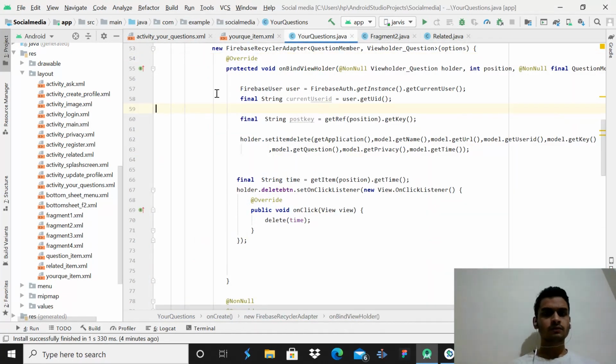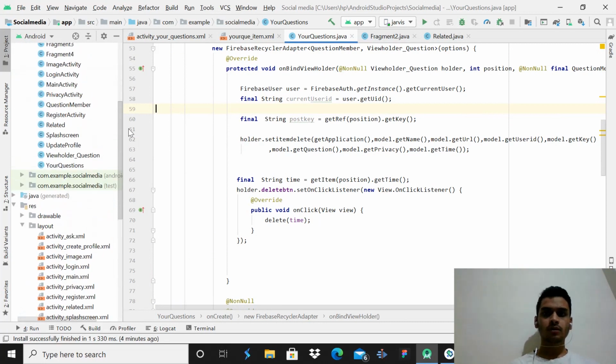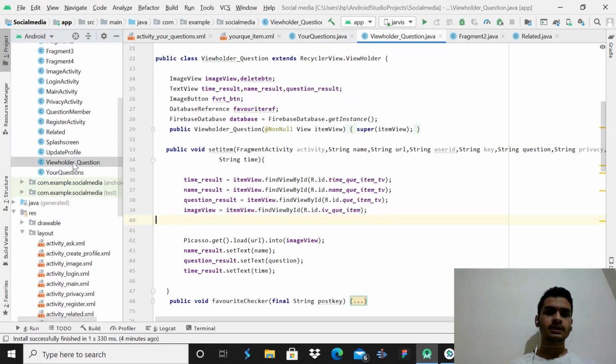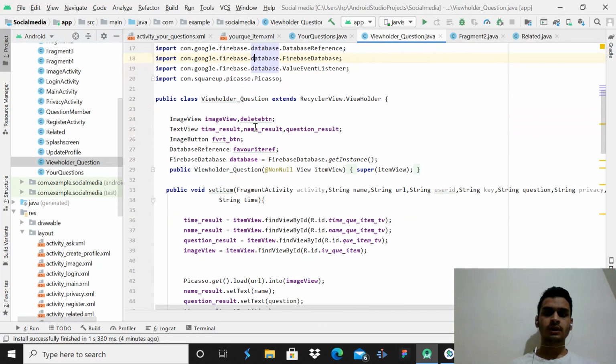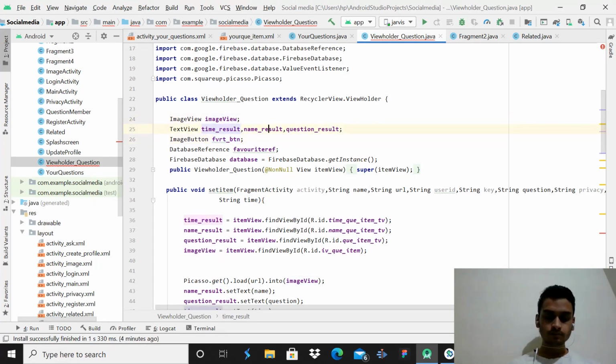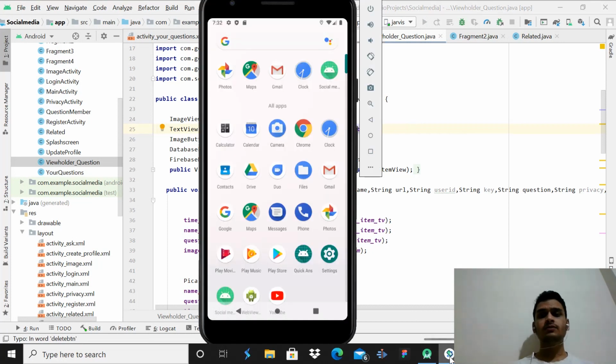First of all, we should check in the view holder, because maybe it is because of a wrong reference. Here you can see that I have copied this in the image view. So it is a text view, and we are using it in an image view. That's why the app crashed. Here you have to write delete button, then run the app again. This time we will have no error.